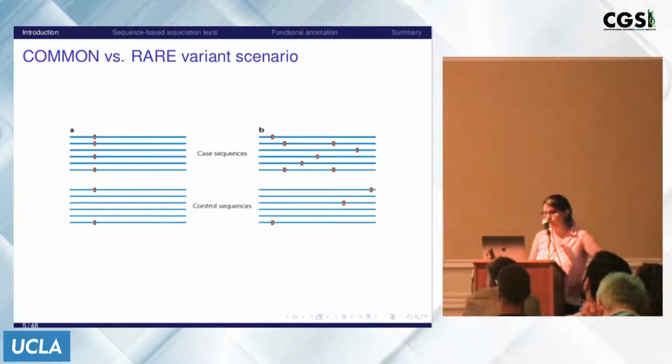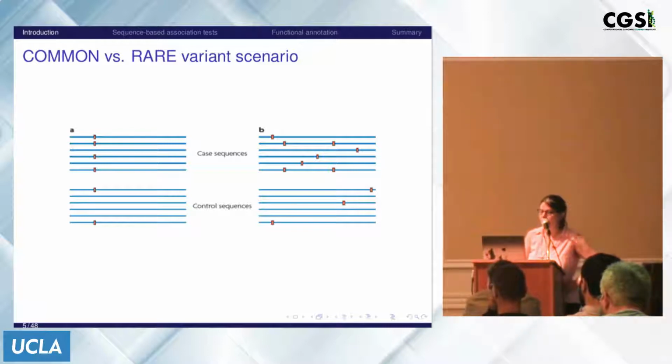Another difference from what we've been doing so far with common variants analysis: when we look at the region, we will see a small number of common variants. In this example, we have one common variant. You see it's more common in cases versus control. So it's good. We can test for association at this individual variant